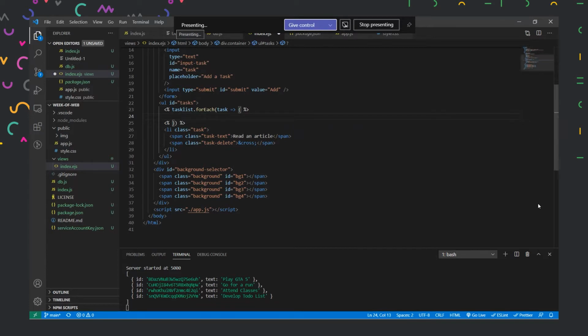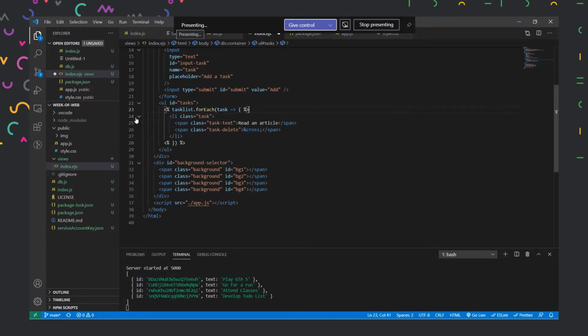So inside the forEach method, what do we need? We need an li tag, right? So we'll copy this up, and what it will do is, for each task, it is iterating over our tasks, right? However many tasks there are, that many times it will keep iterating over it. And then, instead of this content, which reads 'an article', we need some other content to be there, right? What do we need the content to be?